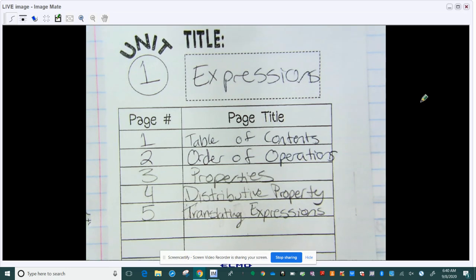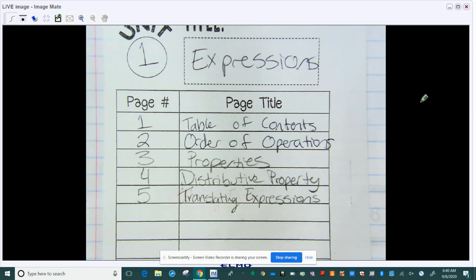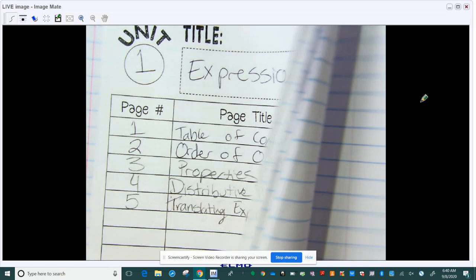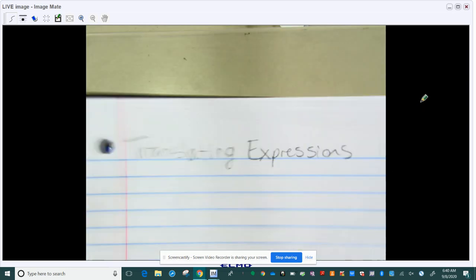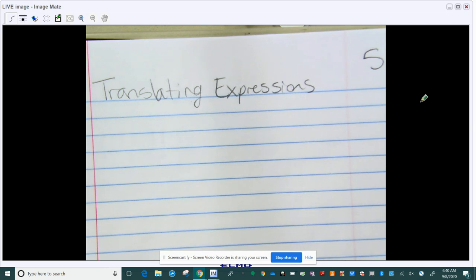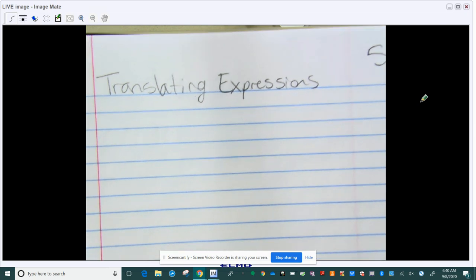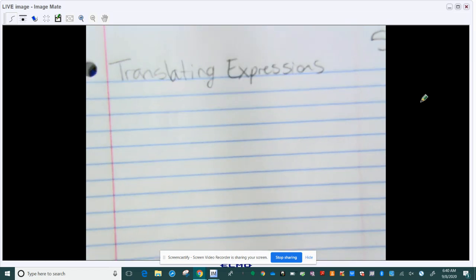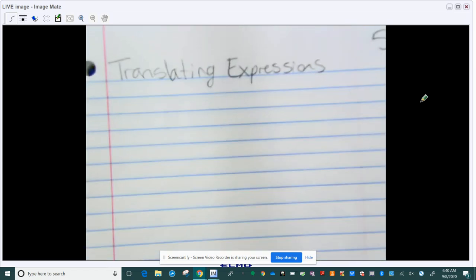Right, so for today, we are looking at translating expressions. Translating expressions from numbers, symbols, and letters into words and vice versa. So if we turn to page 5, you can pause to update your table of contents. Our page 5 will have the title, Translating Expressions. The main thing here is that it's a lot of vocabulary,